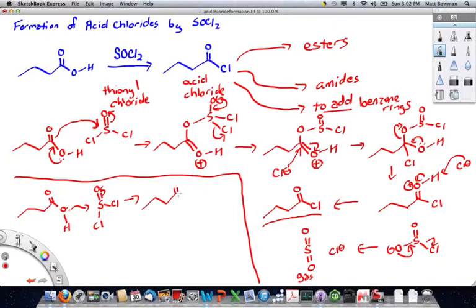Then the species that you would get looks very similar to the species up above, with one notable exception. The species up above, which I can draw down here,